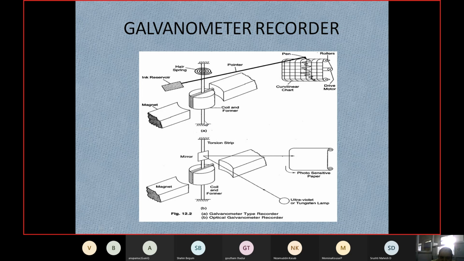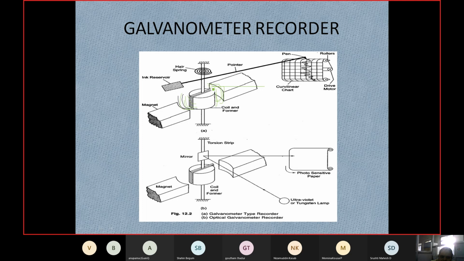A current is going to be supplied through the coil. Based on the current, the magnetic field will produce its own magnetic field from this side and also from this side.